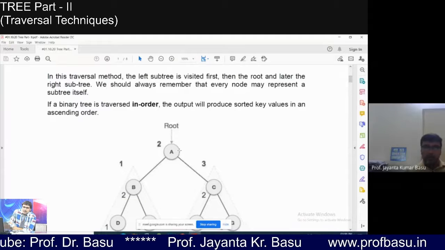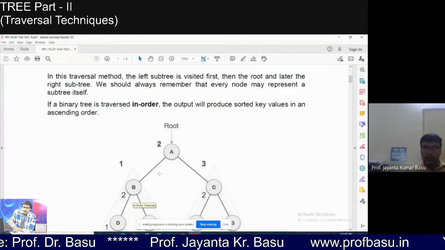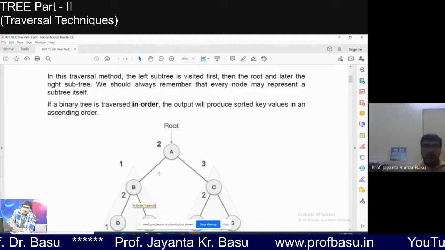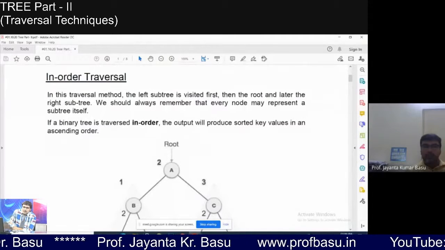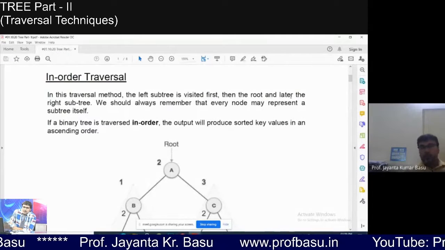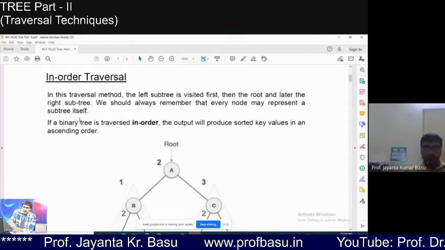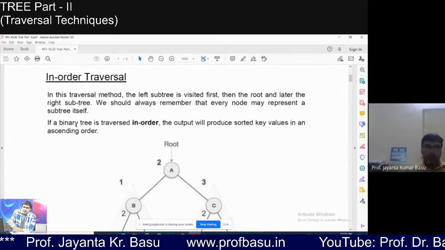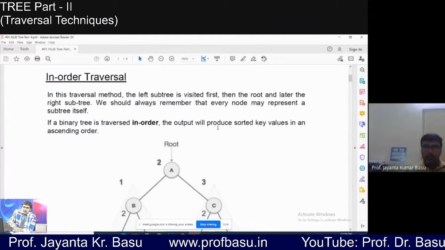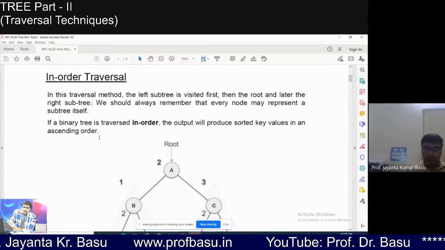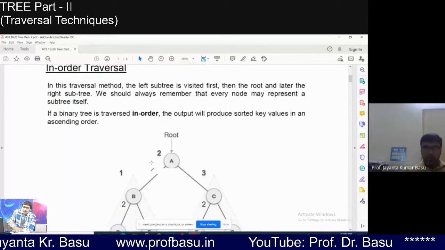Left, root, right. In this traversal method, the left subtree is visited first, then the root, and later the right subtree. Okay. If a binary search tree is traversed in order, the output will produce the sorted key values in ascending order. Okay. That we will discuss later.